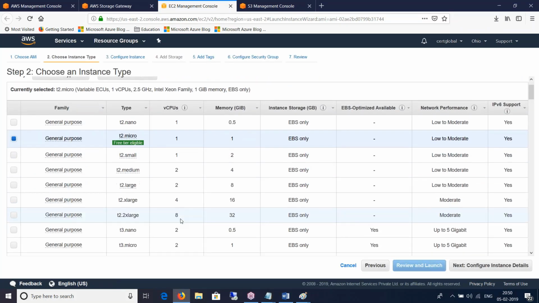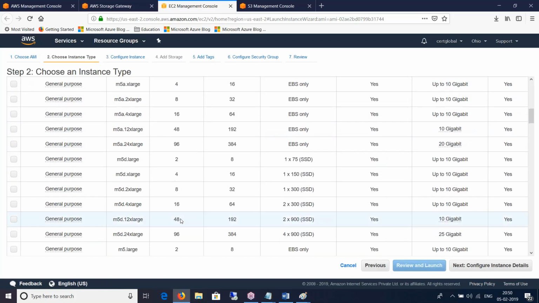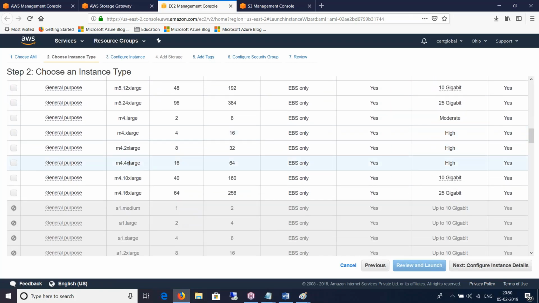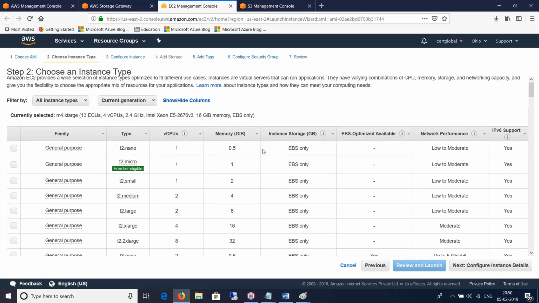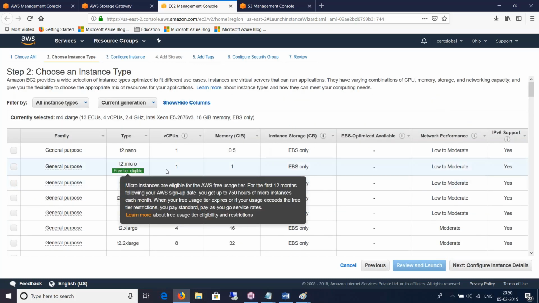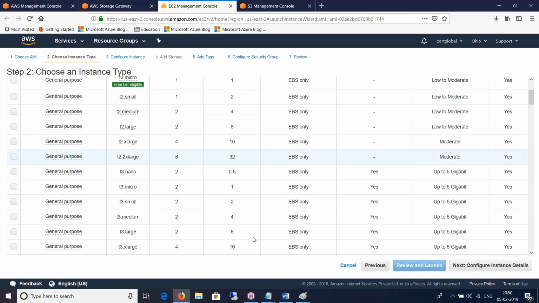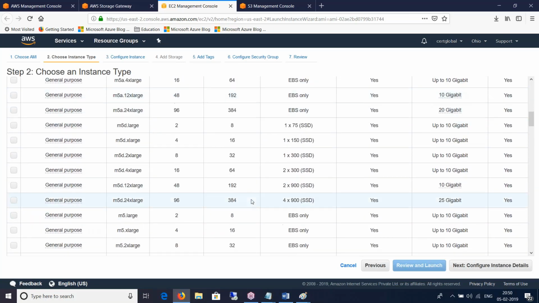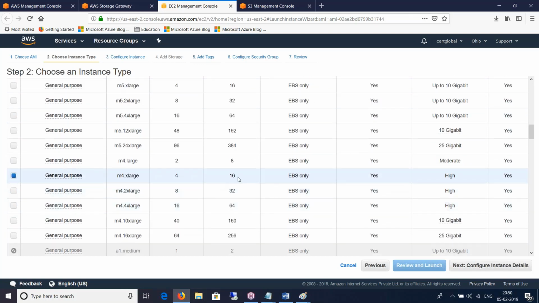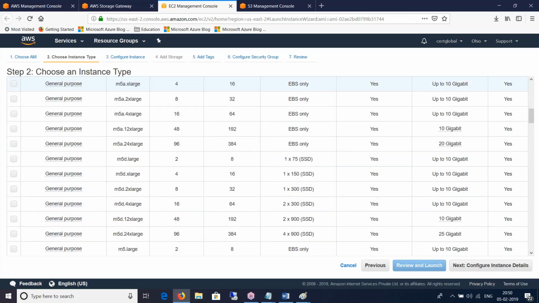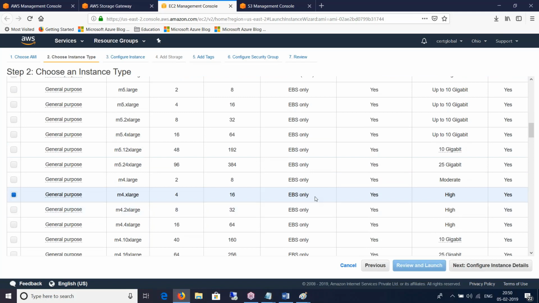I gotta scroll down and make sure that I select an M4 X large instance. And keep in mind that this is not free. The only thing that's free is T2 micro. Even in free tier, if you just created your account yesterday, no, M4 X large is not in free tier. The only one that we get free is T2 micro. So if you're doing the lab in your accounts, yeah, you might be getting billed. And if you're doing the lab in my account, of course, I'll be getting the bill.